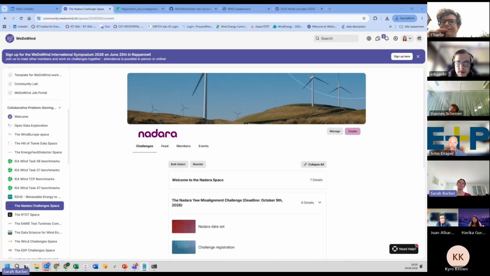For example, if you use a physics-based method, which I'm really interested in how well it works, because if you can make sure it works, you don't need to make any measurements at all. Whereas the more training your method needs, the more measurements Nadara will have to do, and the more it will cost them. So we've tried to create a metric which reflects the type of method and the costs saved, and I think that could be really interesting.